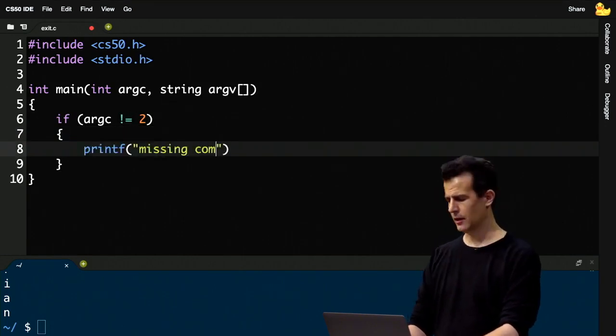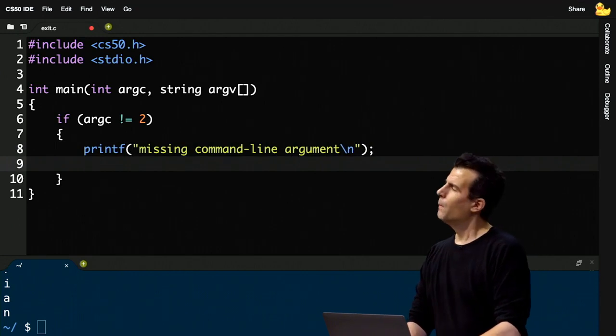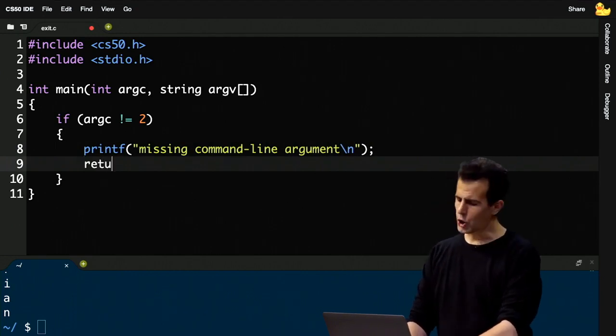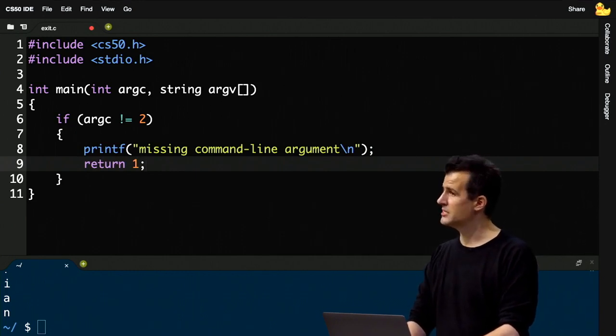I'm going to say missing command line argument. So any kind of error message that I want the human to see on the screen, I'm just going to tell them with that message. But I'm going to very subtly return the number 1. I'm going to return an error code. And the human is not necessarily going to see this code,